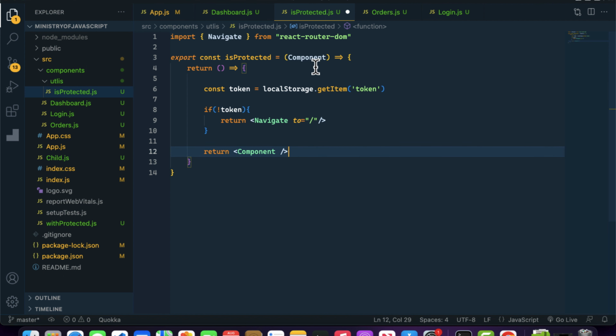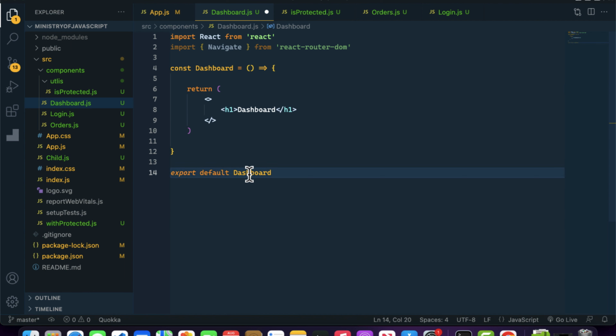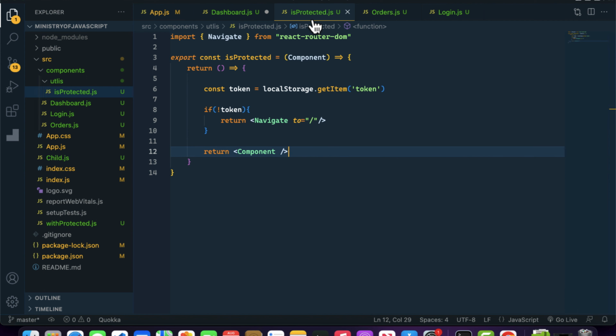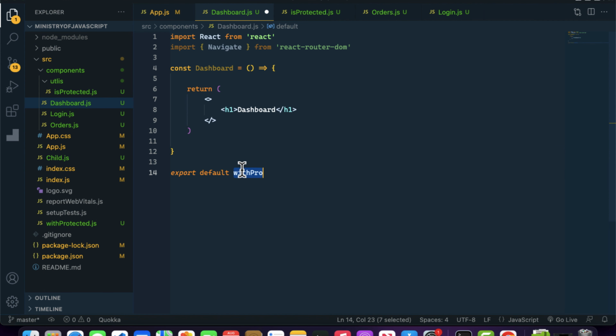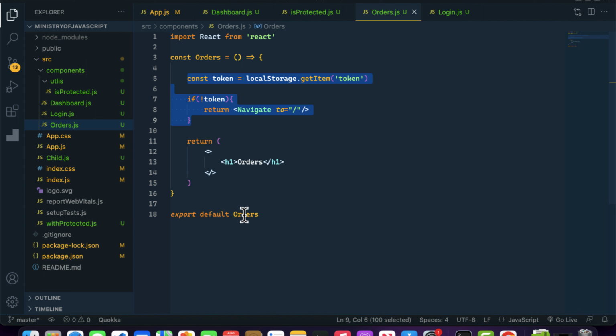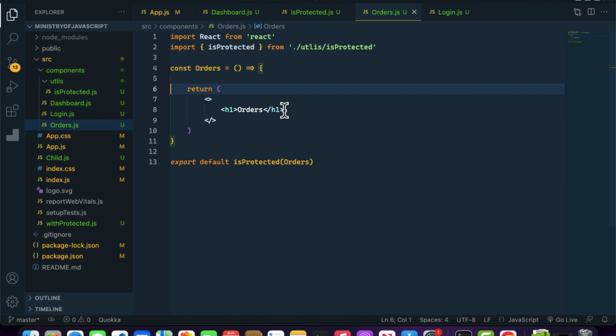Okay, so we have written it, but the question is how can we import it inside our dashboard and order.js? Well, that is very simple. Let's just come here and remove everything, and inside where you were exporting the component, you can write something like this, withProtected. I think we have not, right, it is isProtected, and inside the isProtected you can wrap your component like this. So let's do the same with the order. It's protected like this. So let me just come over here and remove it, and now